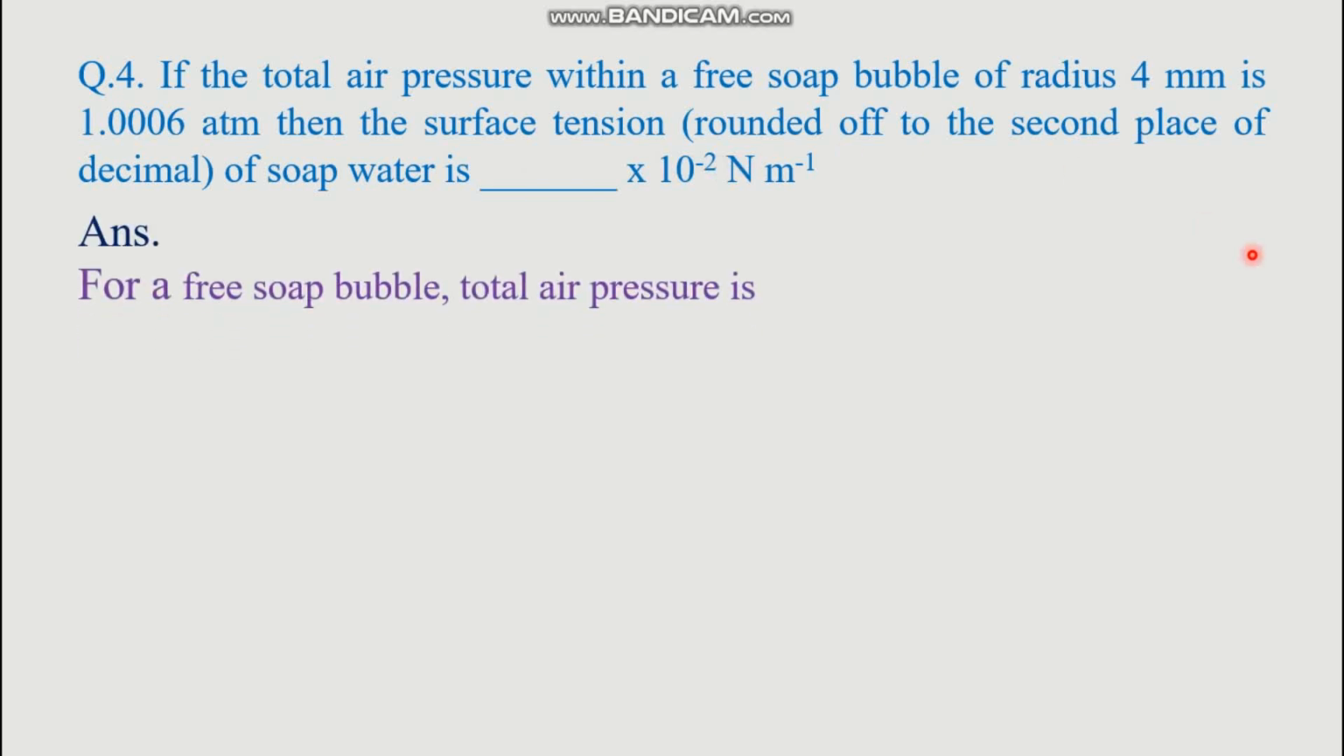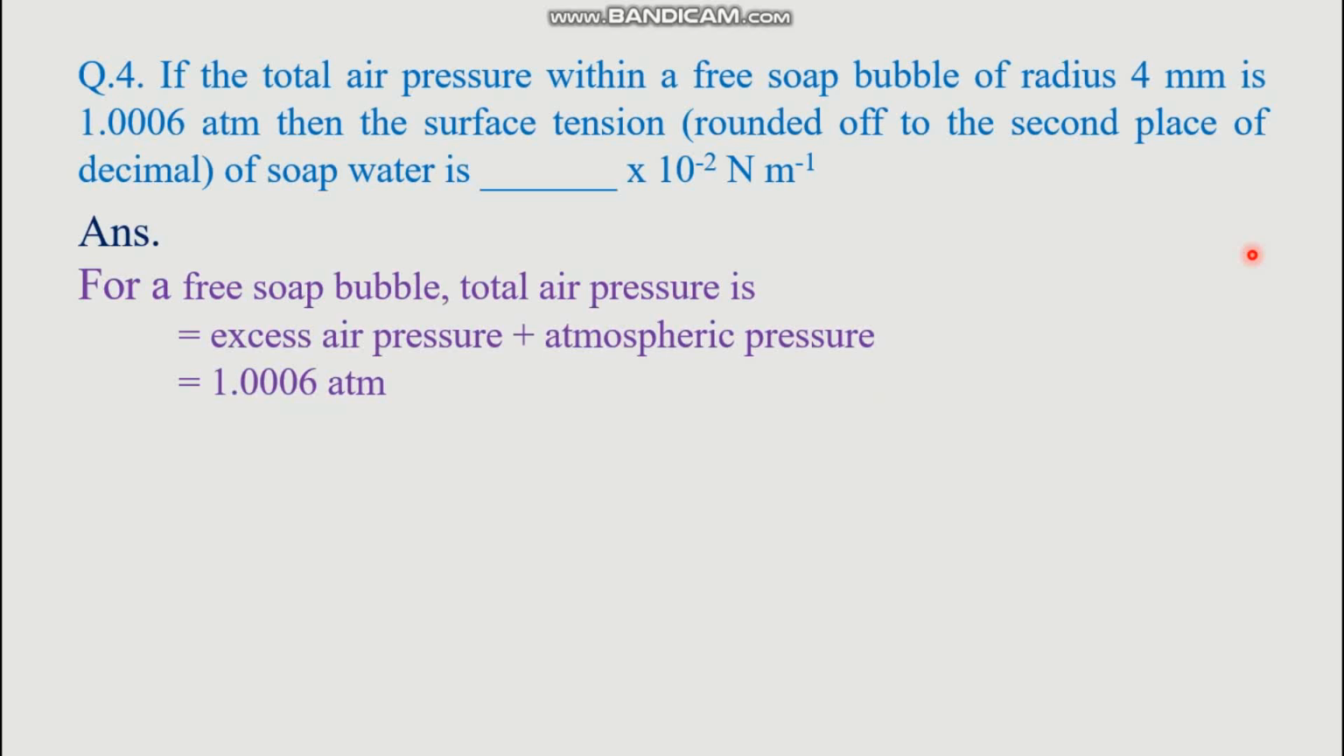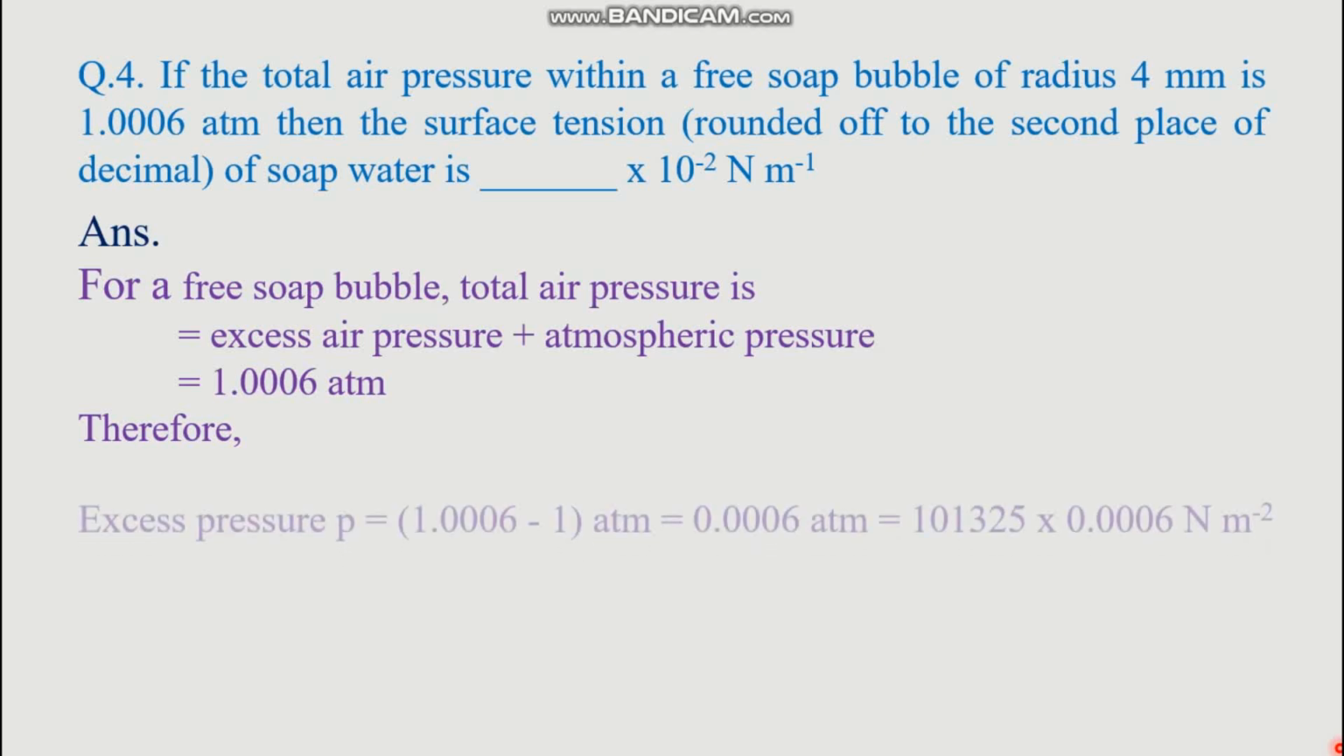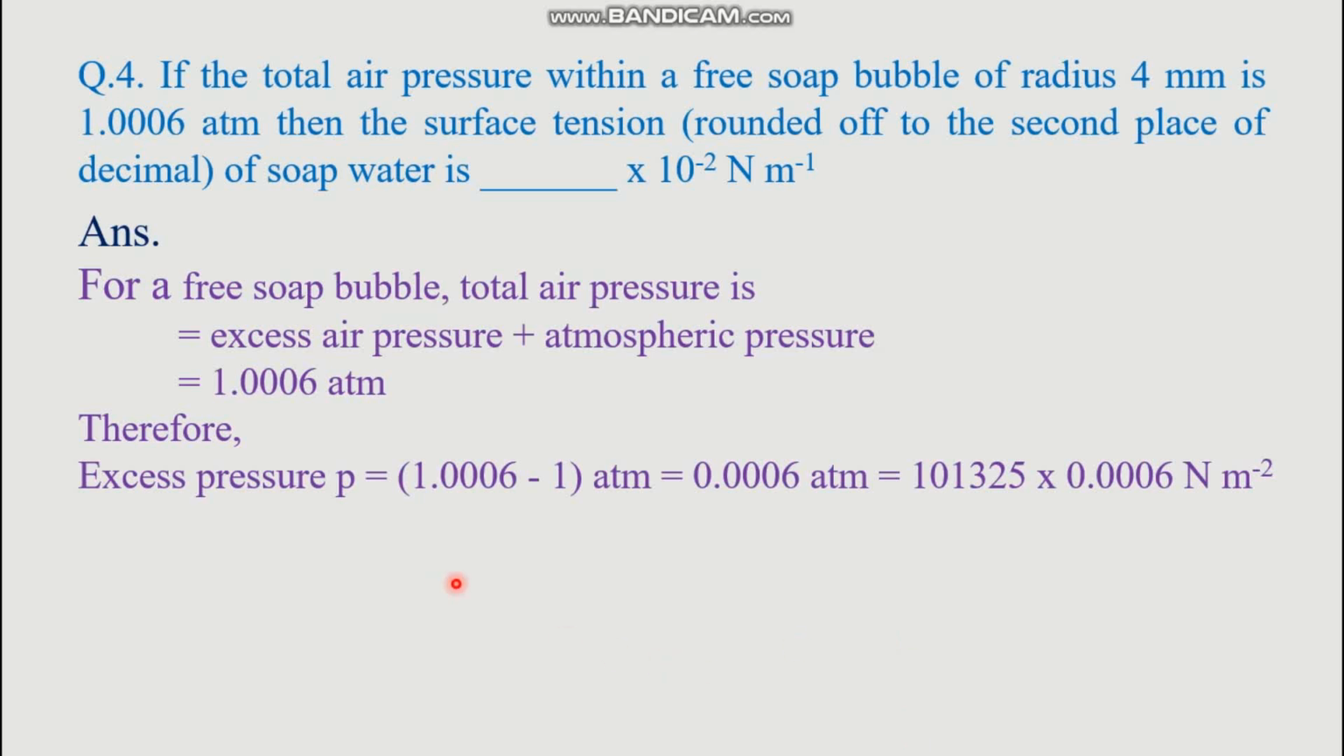For a free soap bubble, what is the total air pressure? It is the atmospheric pressure plus the excess pressure. Now atmospheric pressure is 1 atmosphere. So what is the excess pressure? It is the overall pressure minus 1, isn't it? The overall pressure is the summation of atmospheric pressure and excess pressure, and this is 1.0006. 1 is deducted from here, so the excess pressure is